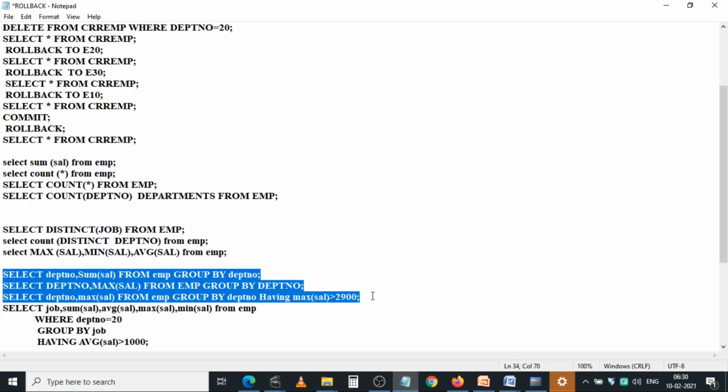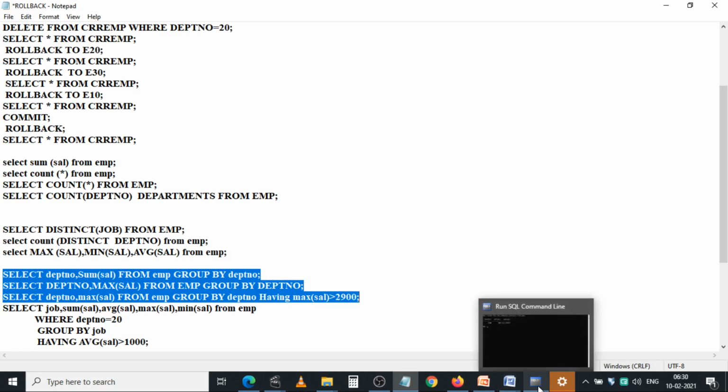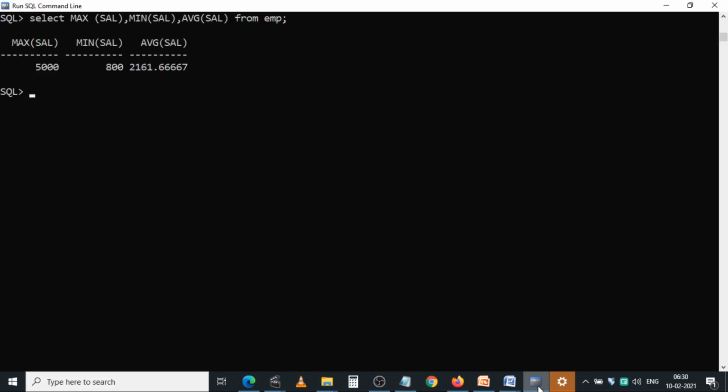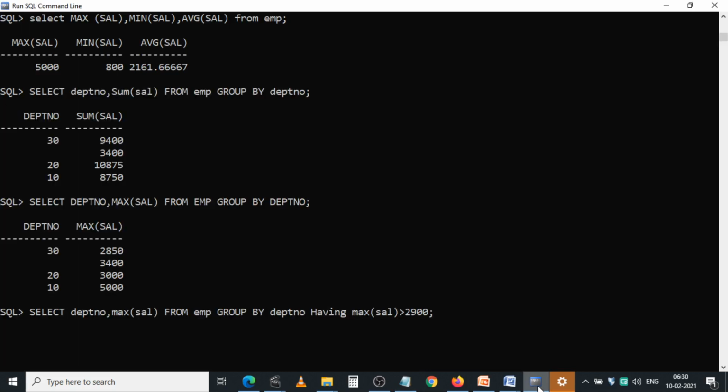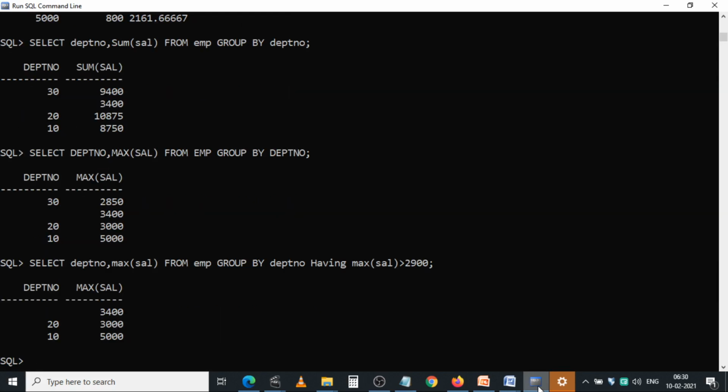Just Control C, Control V. Then all these three commands are executed. Just see this.